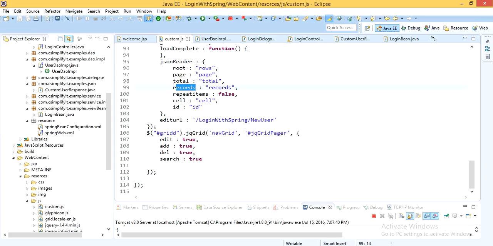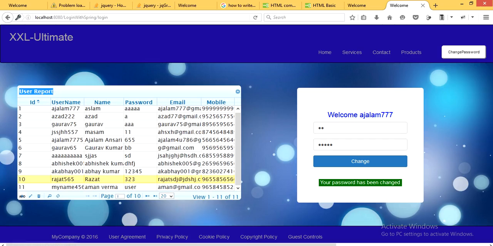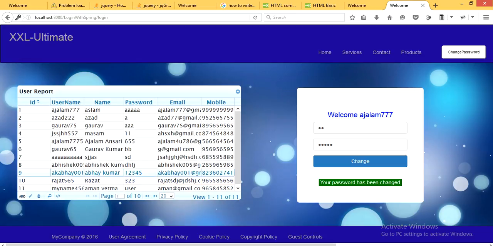Then this controller fires when we make any edit in our grid. This is edit, and this is add, and delete and search. It will be shown in the form of add, edit, delete, search and reload. Okay.